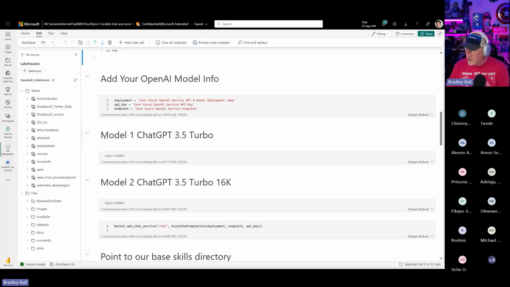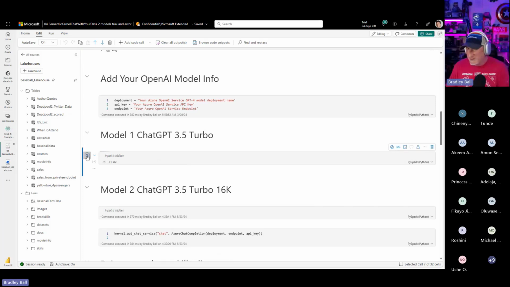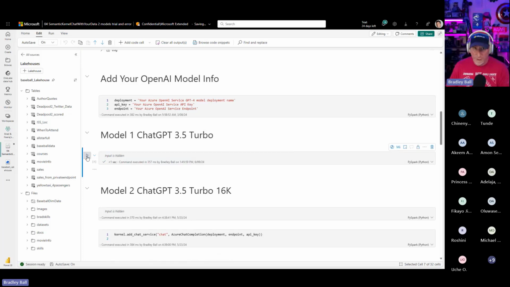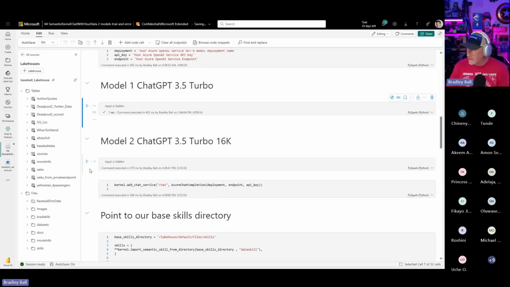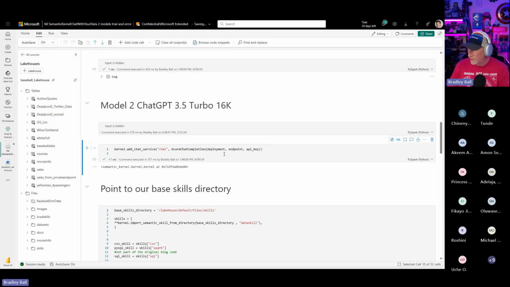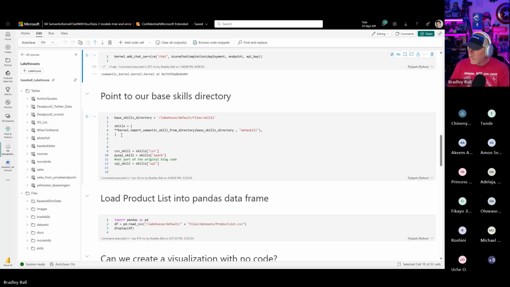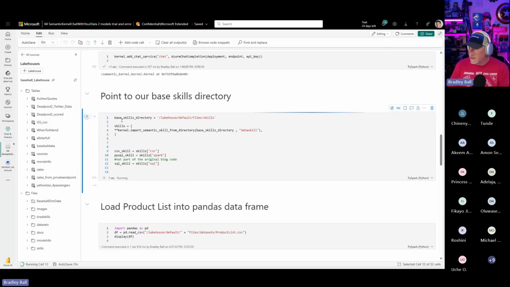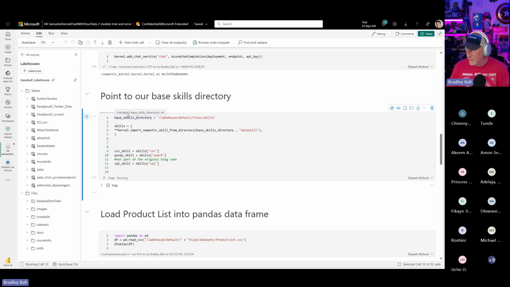I'm going to start out with the Chat GPT 3.5 Turbo. This has, I want to say, 8,192 tokens available to it. And it's just text. It's going to go pretty quick. And then I'm going to add this to the chat service with the OpenAI model, the endpoint and the deployment key. I have some skills in a skills directory. We'll get to this in a moment.